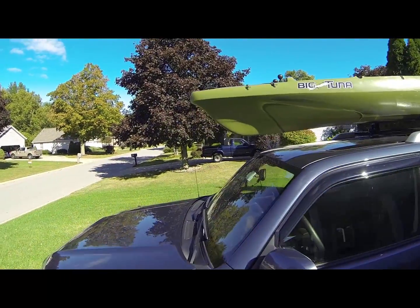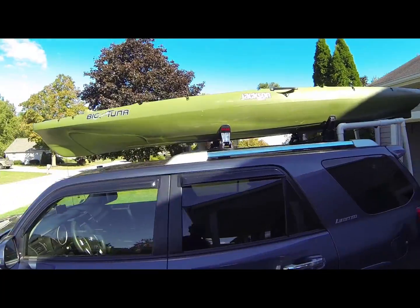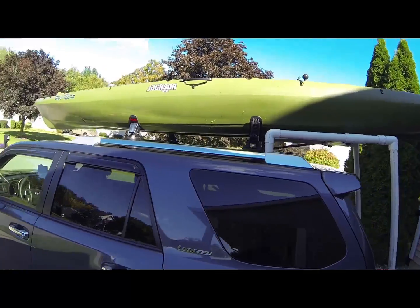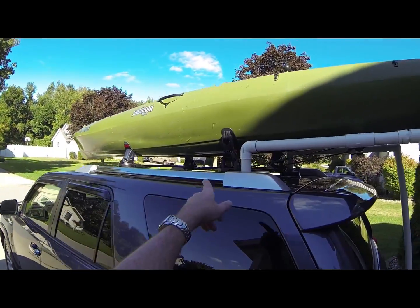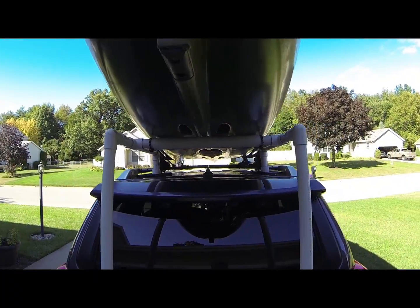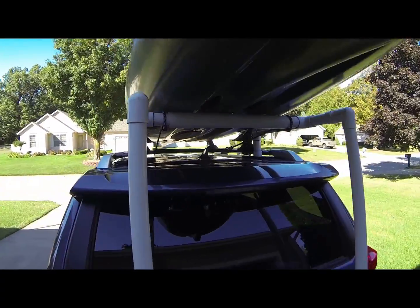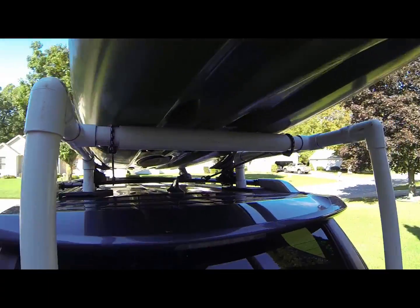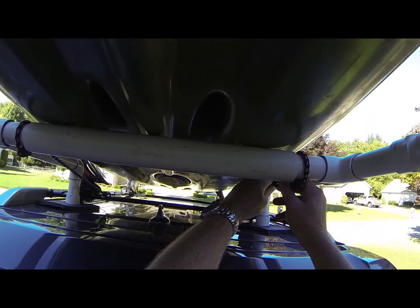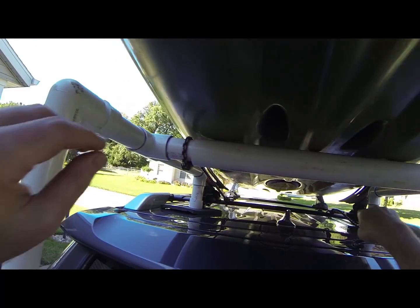And then the front of it makes it right above the windshield, so it works pretty good. Got the Malone brackets there that I just added right to the crossbars. Obviously you can't drive down the road like this. If you notice, it's not even on the back feet yet, so essentially all you've got to do is undo the bungee cords,